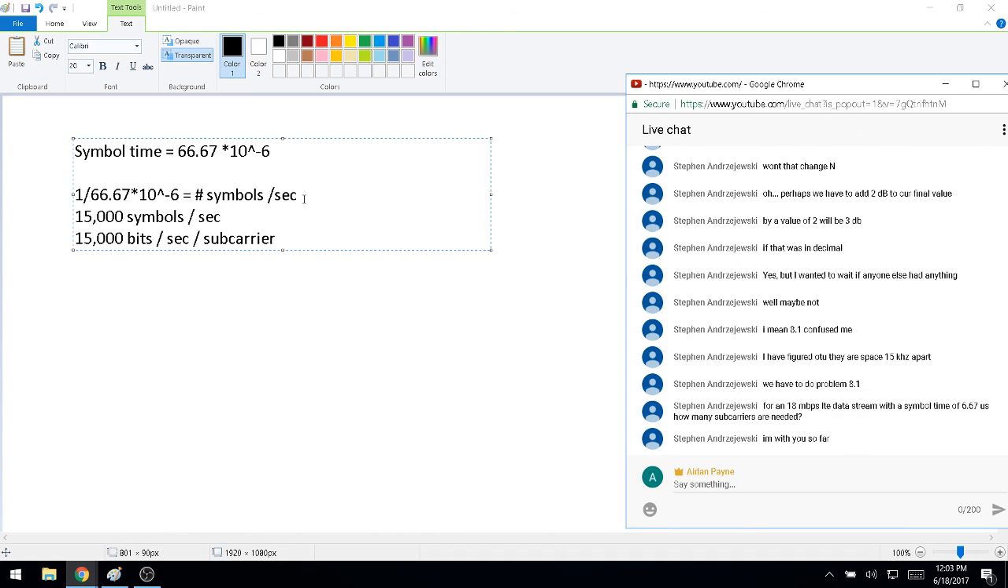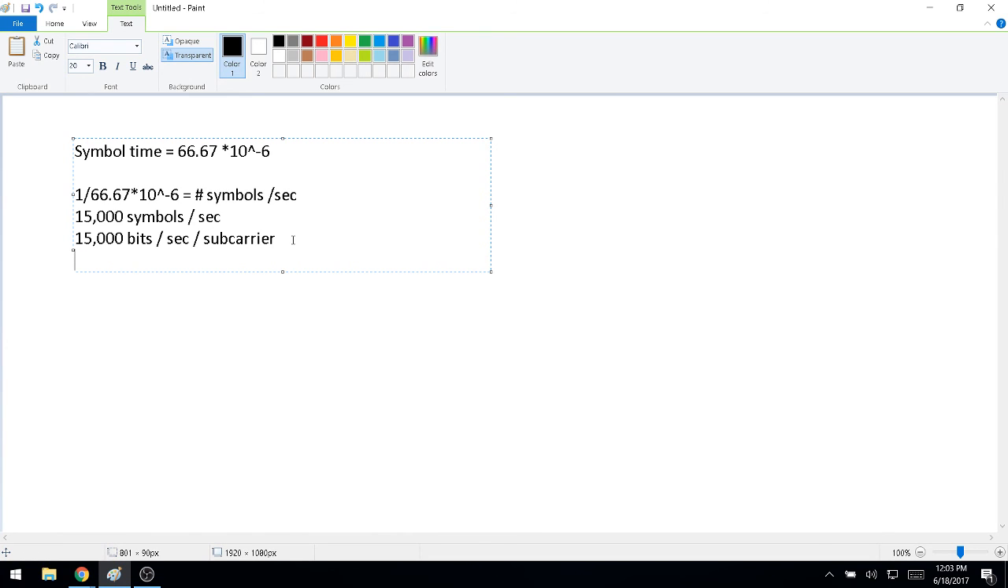Since we know that there's 15,000 bits per second per subcarrier, we know that our total bit rate is given to us as, where were we? 18 megabits per second, is that right? Yeah. So our total bit rate was 18 megabits per second. And if each of our individual subcarriers handles 15,000 bits per second, or 15 kilobits per second, we can then just see that we have